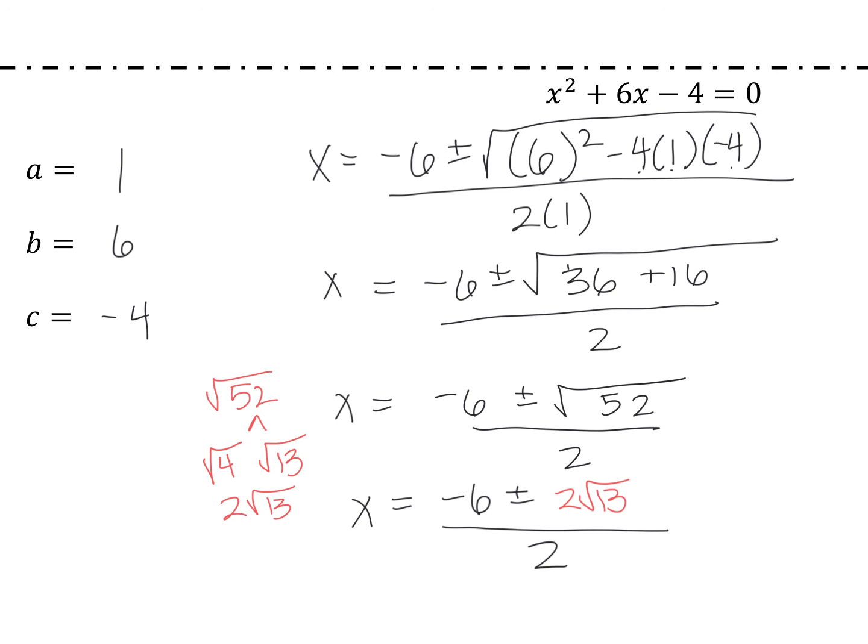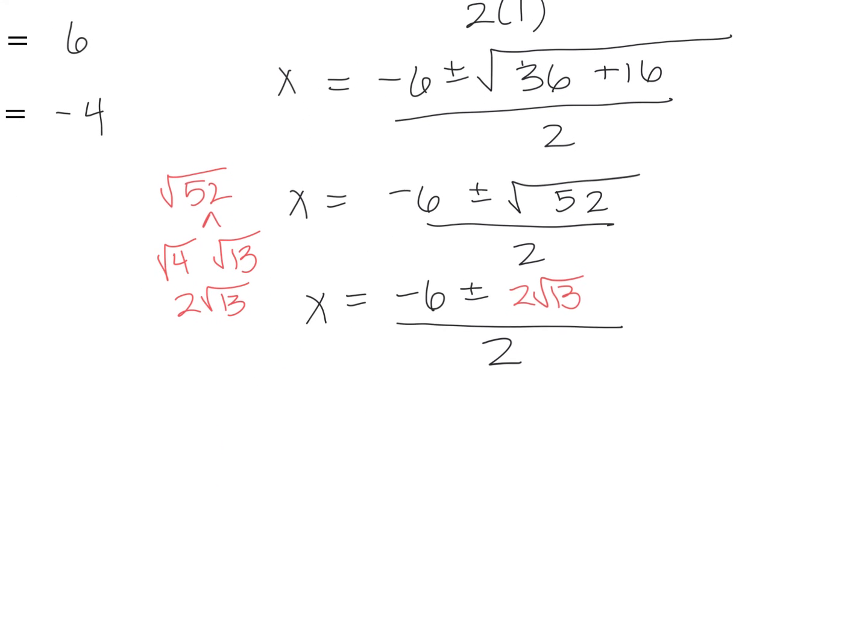Okay. Before you circle your answer, please check to see, is there a common factor in the numerator that we can factor out? There is a greatest common factor of 2. If we factor it out, we're going to be left with negative 3 plus 1 radical 3, still all divided by 2,